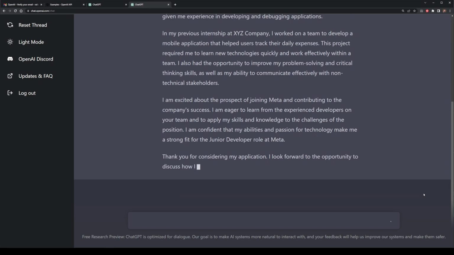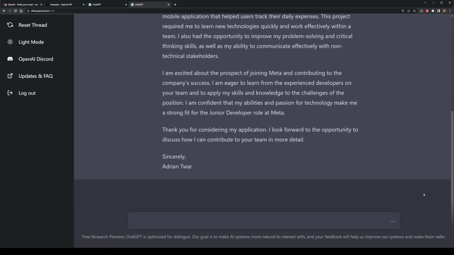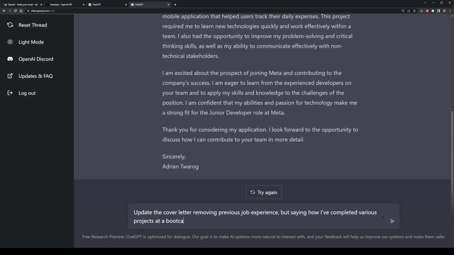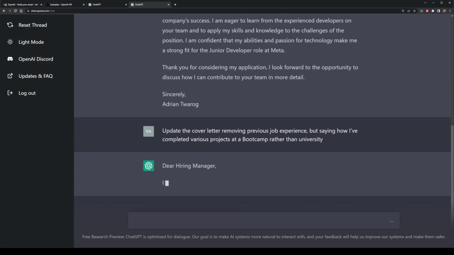But this also might be inaccurate. I might not even have a bachelor's degree. This is where we can go through and update this prompt of this cover letter, say removing the fact that I have maybe no prior job experience, but maybe listing out that I worked on quite a few different types of projects when I actually was doing a bootcamp in programming rather than going through university. OpenAI will go through this prompt and update it based on the context of what is now required,